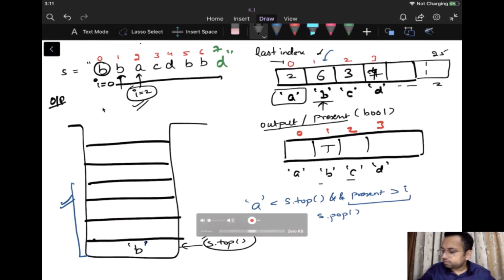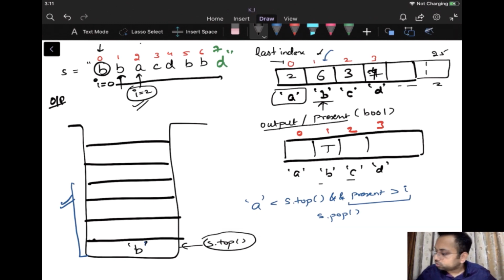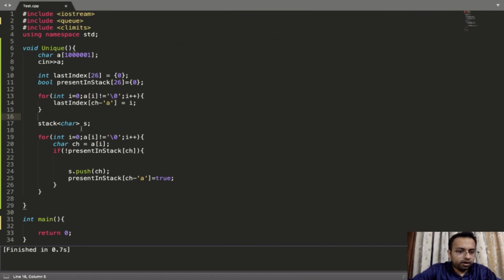So what I'm doing is, we found b at 0, so I'll update the last index as 0. We find b at 1, so I'll update it to 1. And we will find b at 6, so the last index it will have will be equal to 6. So we keep updating it every time we find a particular character. After the iteration over the entire string, we will have the last index of every character. All right, so we have calculated it.